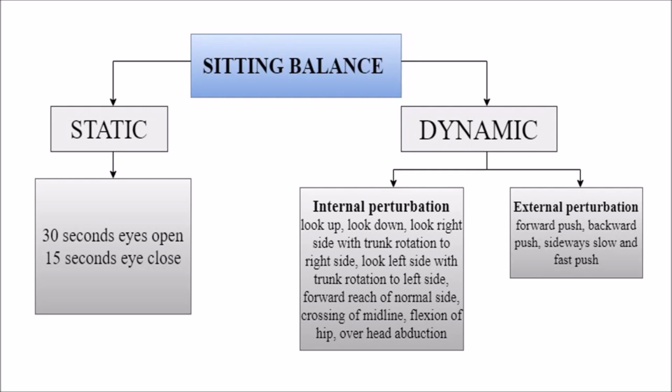In this, we also perform the forward reach test to check the balance. First perform on the affected side and ask the patient to touch the examiner's hand, then slowly increase the distance. In this way, you check the sitting balance, how much the patient can maintain himself in this position. Then after performing on the affected side, perform on the unaffected side.